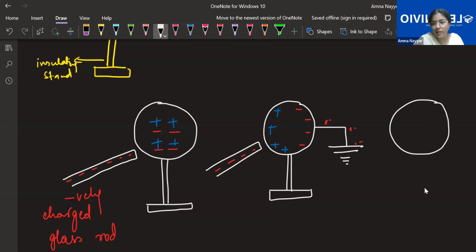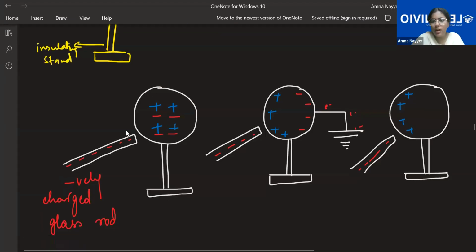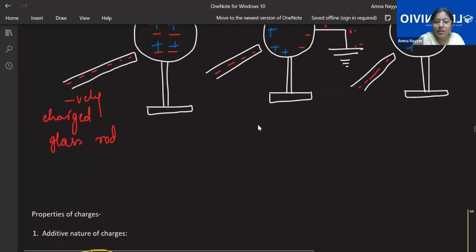This is the globe of the conductor. This is the insulating stand. Here I am holding up the glass rod, which has negative charges, and positive charges are being attracted. But there aren't any negative charges to fear. So what I'll do now, I can easily remove this. If I just remove this,